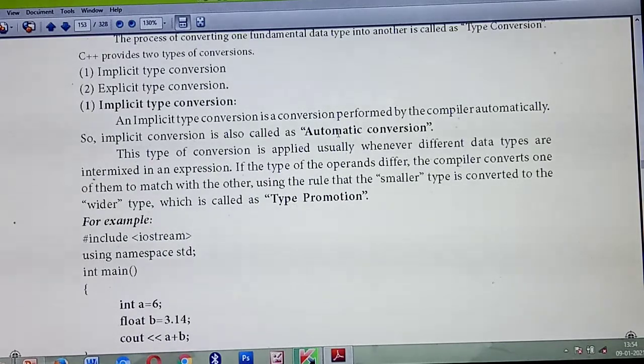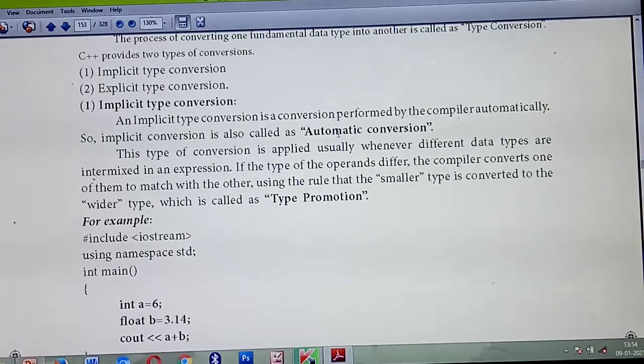But after adding, you will get the answer as a point number, isn't it? So the data type of the answer is which one? Float. But you are adding a mixture of integer data type as well as float data type, and the answer you are getting is a float data type. That is called type conversion. Understood? So when the same expression contains two or three mixed data types, the data types will differ. At that time, while you are executing the program, the compiler will automatically convert from one data type to the next data type. That is called which one? Automatic conversion.